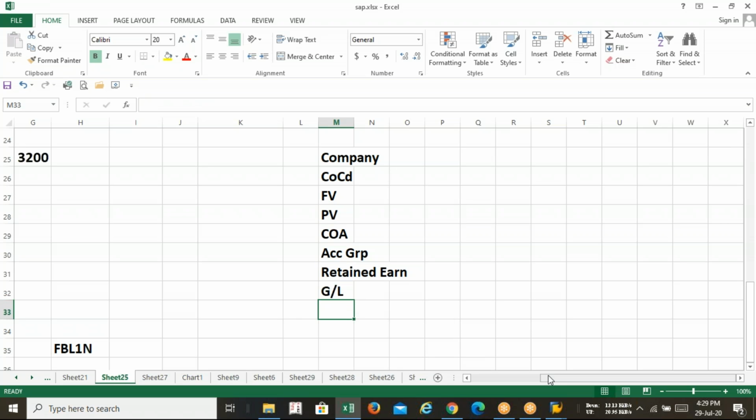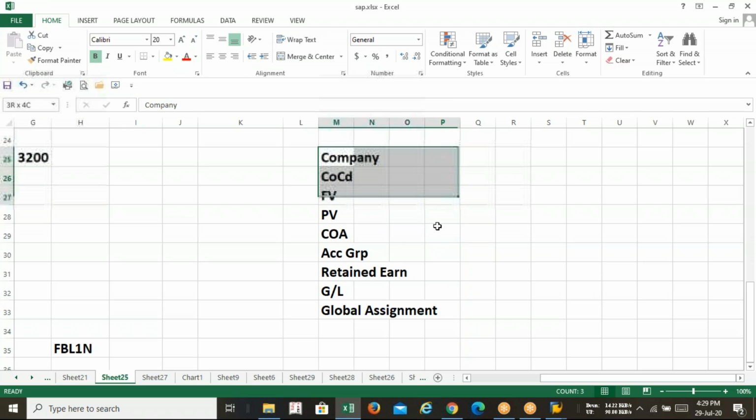After that, we have started with the sub module. This is a common module we have done. After that we have the global assignment, assigning FTPV query. This is the common part. This is a common configuration we have done, GL and all that. FBL1N is a report. This is not a configuration, so we're not counting it over here.